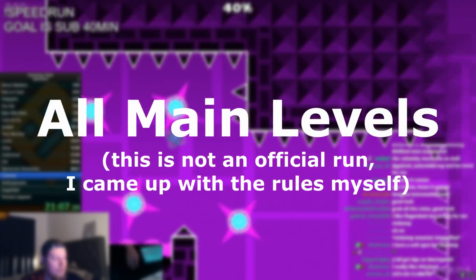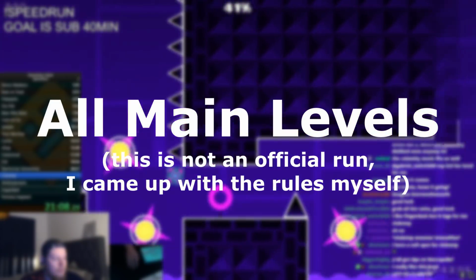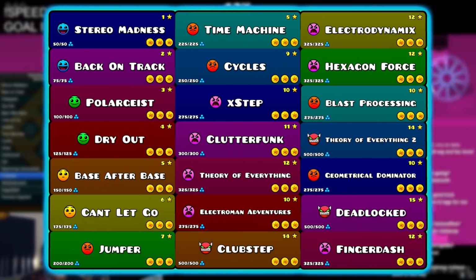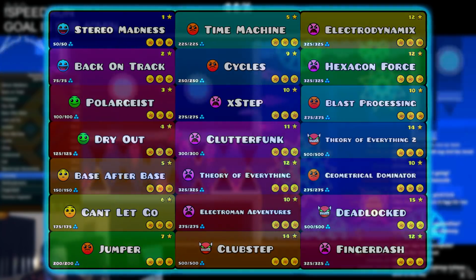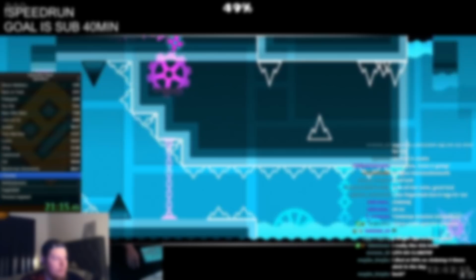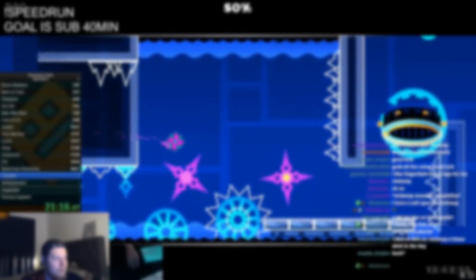So the category that I will be attempting today is called the All Main Levels Run. Geometry Dash contains 21 main levels. These levels vary in difficulty, starting off easy and progressively getting harder in the end. I will attempt to beat all these levels in order as fast as I possibly can. I've calculated that beating these without any fails should take around 32 minutes, and I will refer to this as